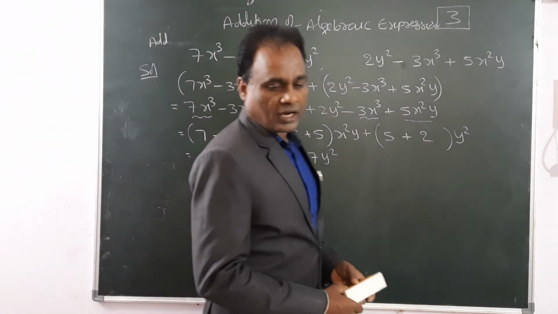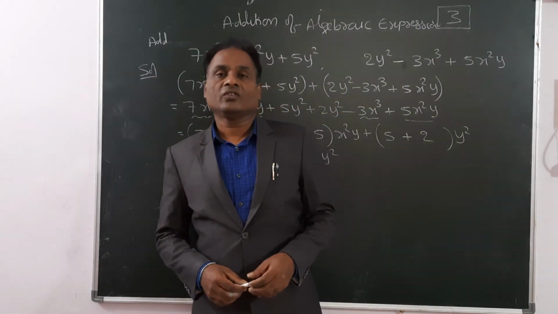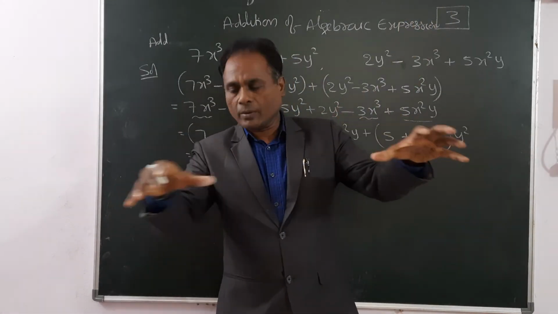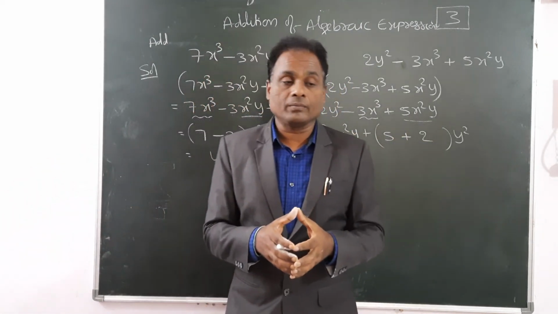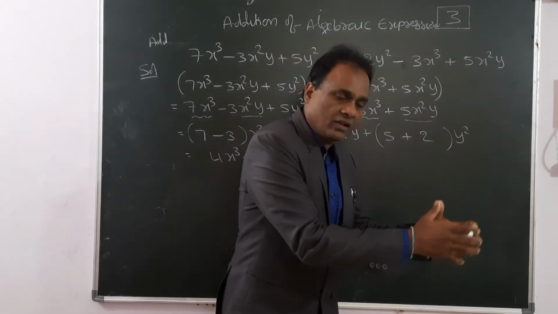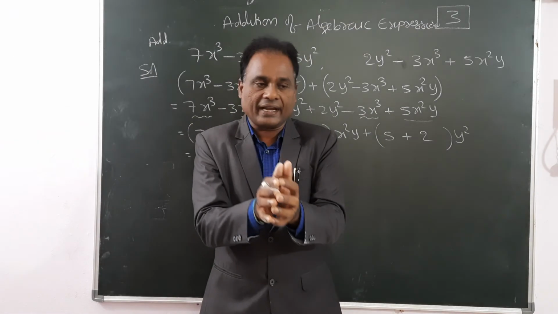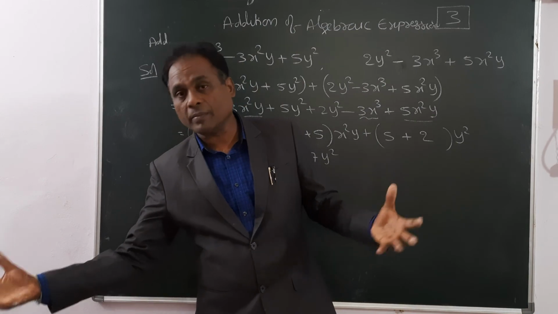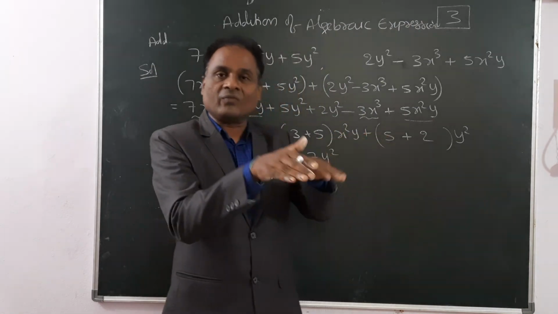Okay, so I explained a few problems about how to add algebraic expressions. To add algebraic expressions, only like terms should be added. Suppose you have a number of fruits in one bag and a number of different fruits in another bag. To add them, we add apples from the first bag and apples from the second bag, and tell the total number of apples. Mangoes from the first bag and mangoes from the second bag are added. Similarly, bananas from both bags are added. Like that, like terms, the same fruits, will be added.